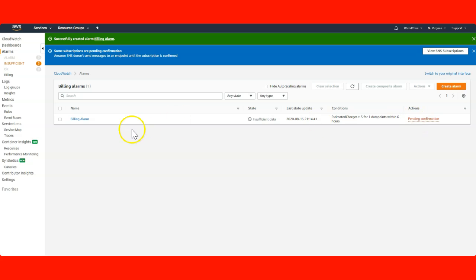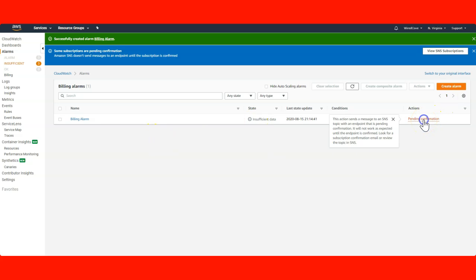It shows pending confirmation. I have entered the wrong email ID, and this SNS topic sends the alarm to a different email ID, and unfortunately I cannot confirm that email ID. Once you get the notification at your personal email ID, whatever you entered during alarm creation, you have to log into your email and confirm that you are the authorized person for that email ID.